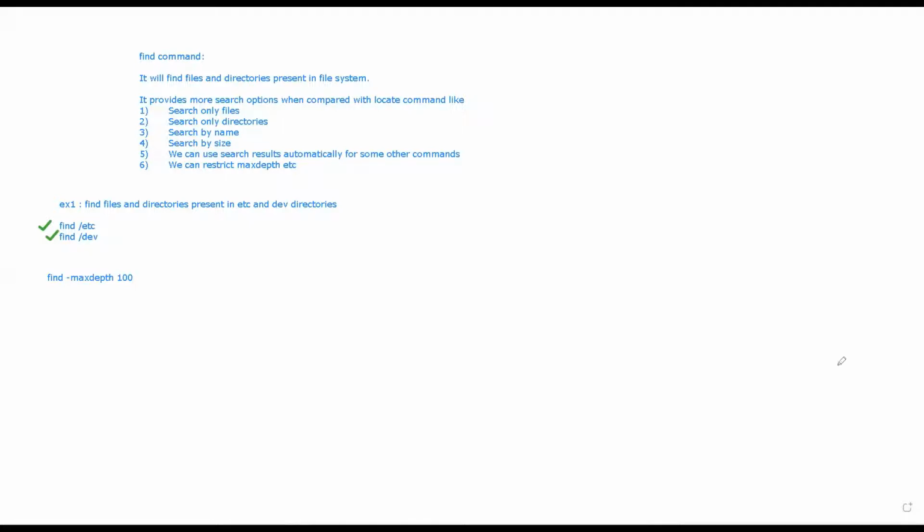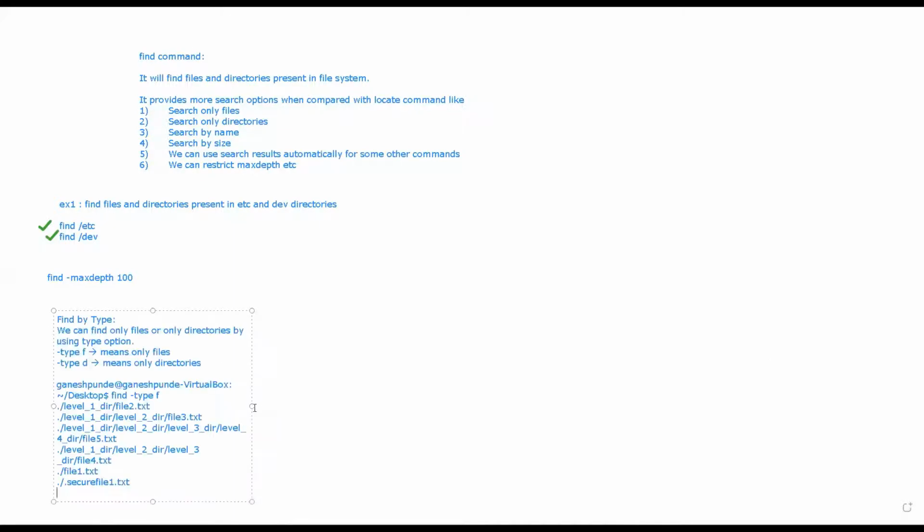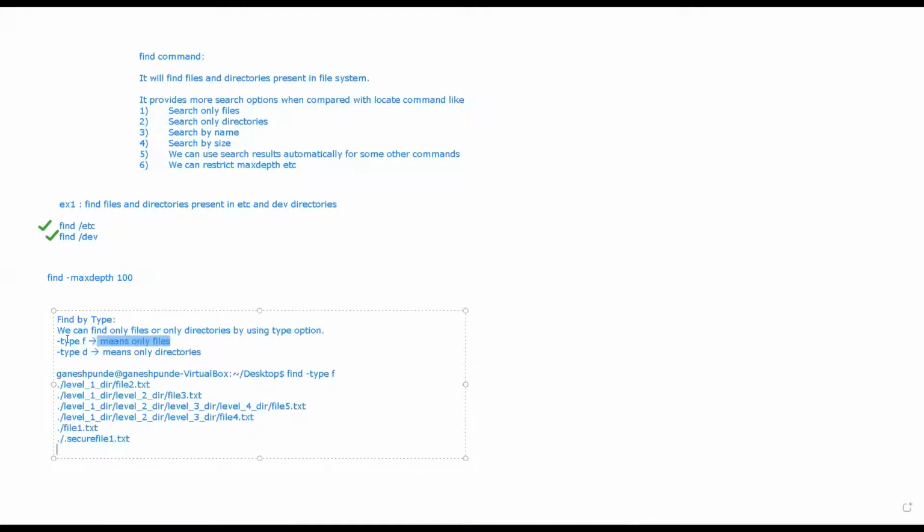If you want to search by type, you can use type f for files, and hyphen type d for directories only. You use it like find type f, and it will search only the files.